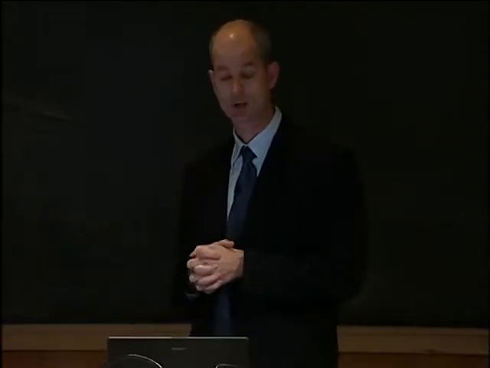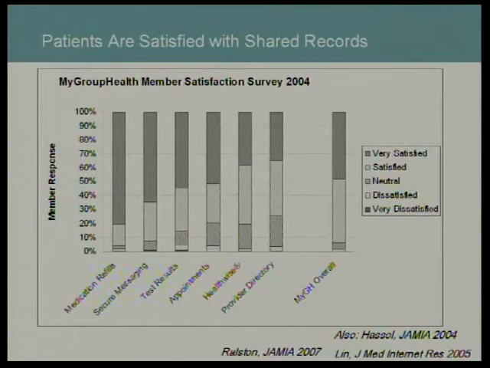Satisfaction largely echoes the adoption. This shows 2004 satisfaction data from group health members based on a 46% response rate of a survey. So some potential for selection bias or response bias in this group, but overall you can see pretty strong satisfaction. In the medication refill on the left side, the more solid bar is the percent very satisfied, followed by those who are satisfied. Secure messaging and test results follow after that. So you can see strong satisfaction in those services that were most commonly used in the prior slide.